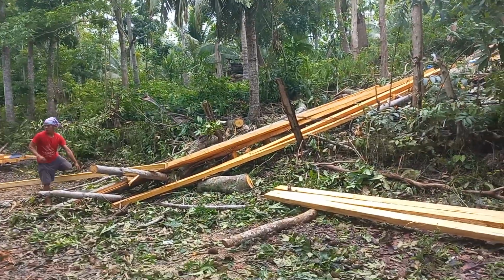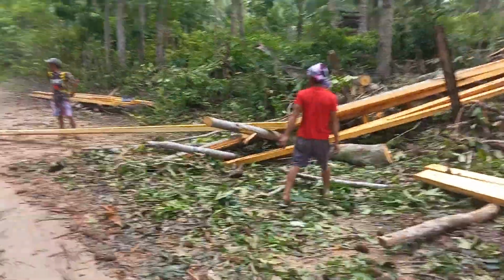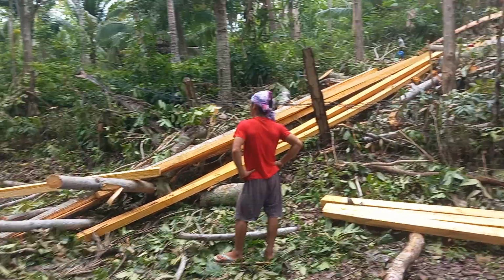30 feet wide, and that's it really. So the next part of the project, it's turned out we've got 10 boards